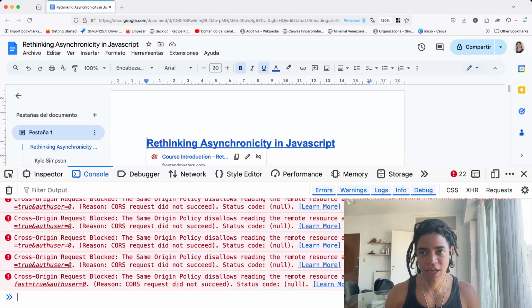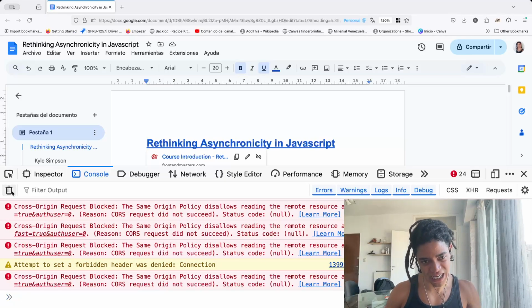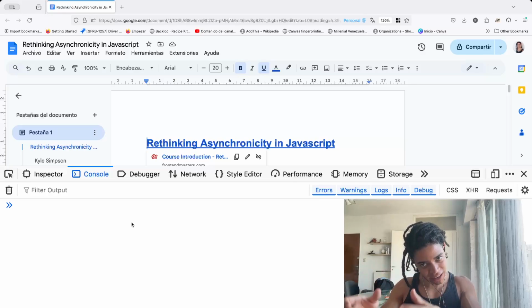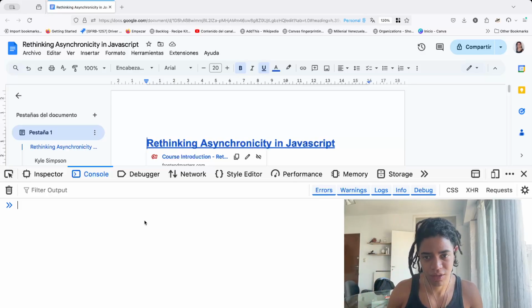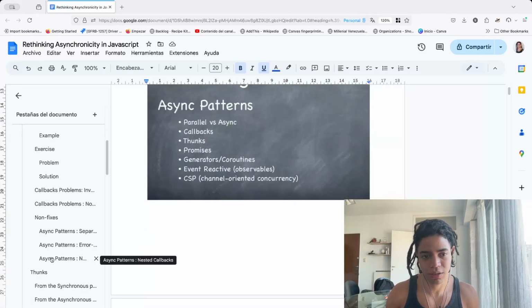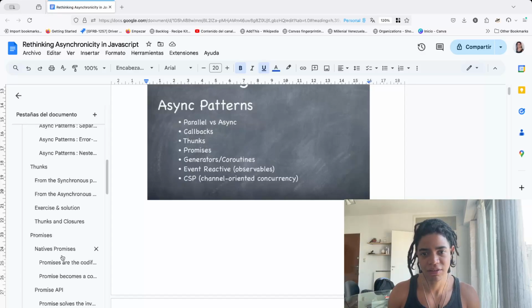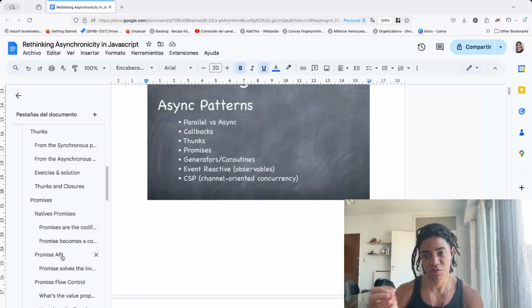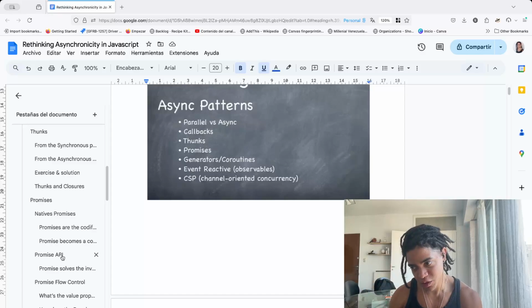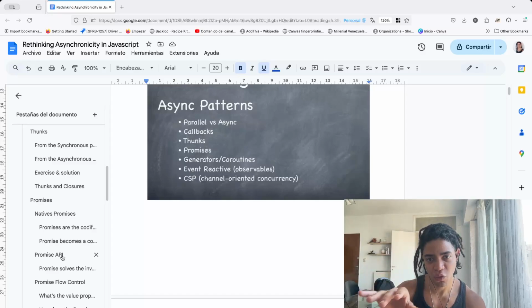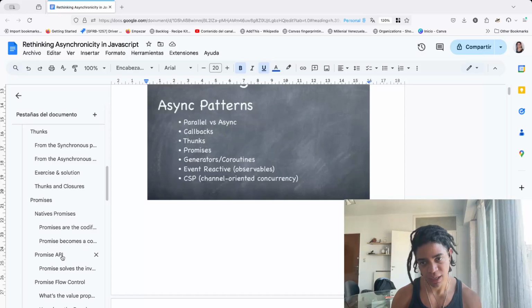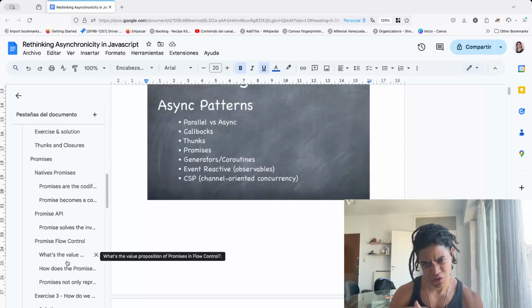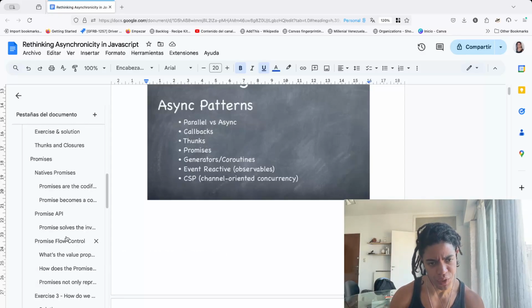So again, all of this abstraction is very much needed as you handle asynchronicity in your applications. Even though it's much better than callbacks, we still have the problem of it being non-sequential and hard to reason about. So as a way to move on to the observable, which is what we really care about in today's video,